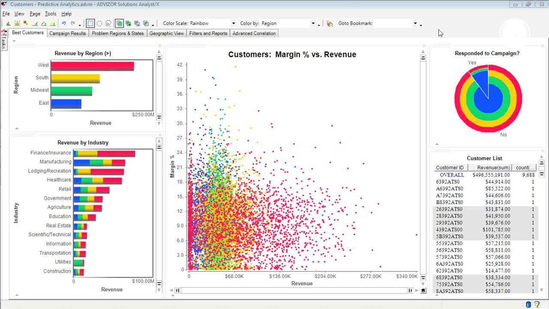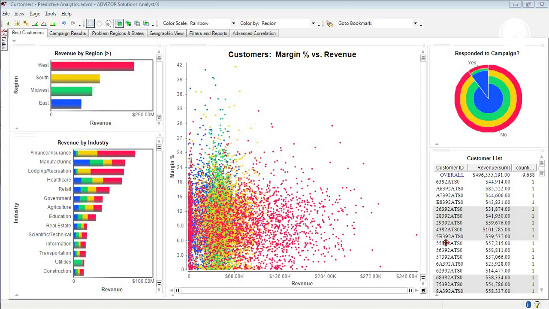It uses math to determine causal factors behind something you've selected that complements what you see visually. Let's see how it works. In this case, we're working with the same data set that we've shown in several of the other short videos. It's a set of roughly 10,000 customers comprising $496 million over the last year, and here's the list of all